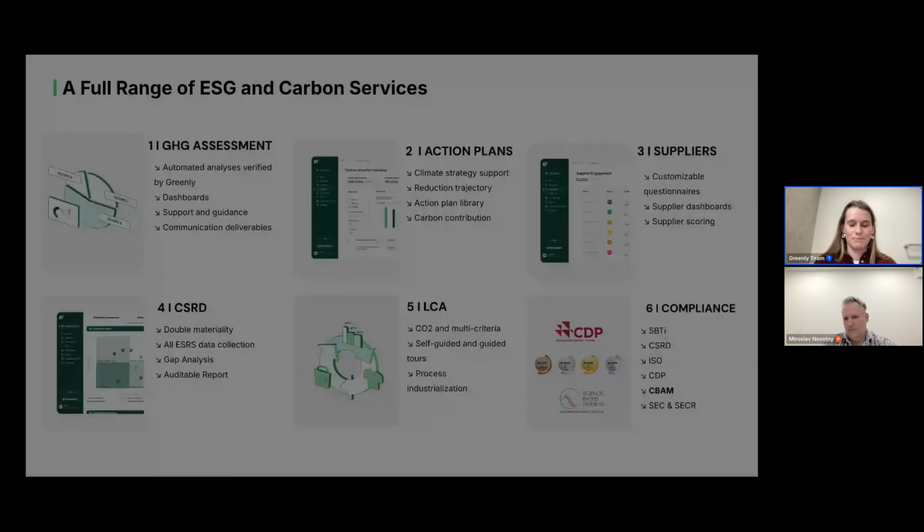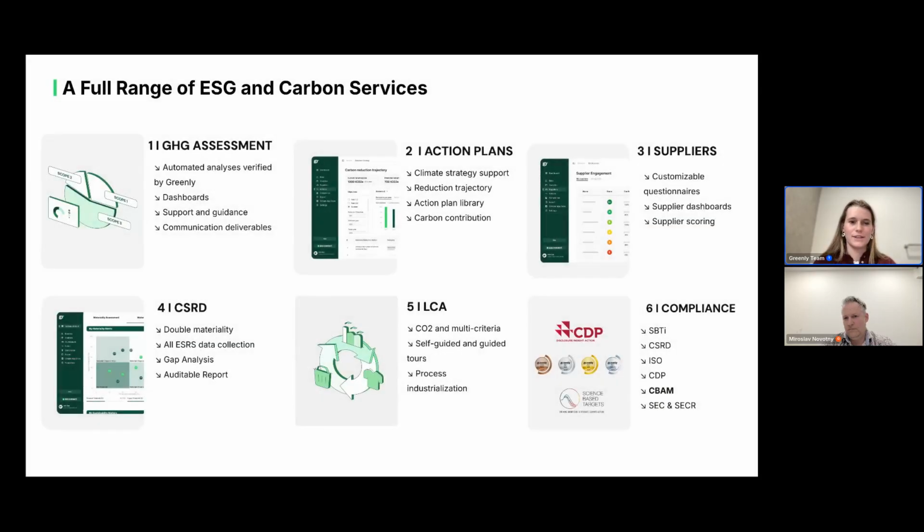So this way, we developed a full range of ESG services, but here it's a quick introduction to Econia, the center of this webinar, because one of the companies we're working with on CBAM compliance as well as their carbon accounting is Econia, which is a key player in interior architecture, design, and retail. So I let Miroslav give us some words about Econia.